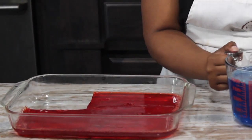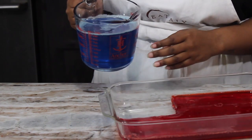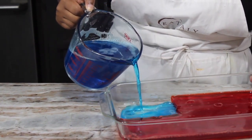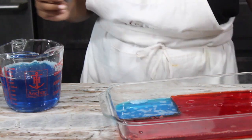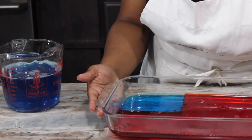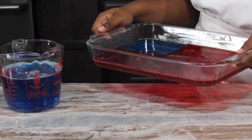All right, so now we have our blue. I'm gonna try really hard not to get it on the other side. So this is our blue. Okay, pleasantly surprised about the shape. Red coming through, I gotta hurry, so it freezes. Okay,